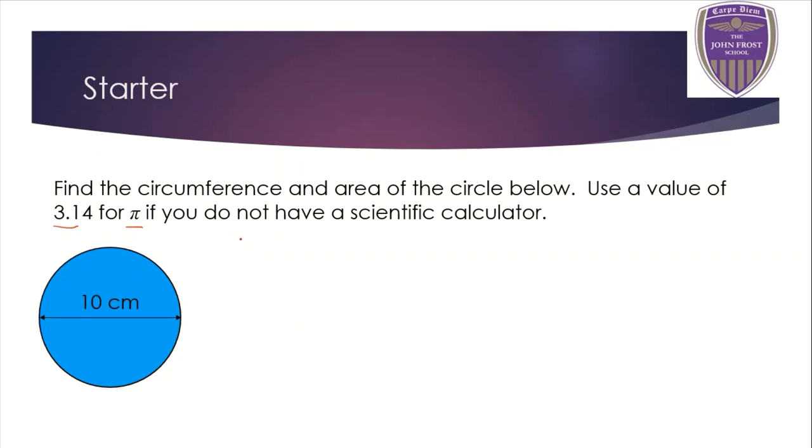Okay, welcome back. So you have to remember the formulae for these. Remember, a circle's circumference is pi times diameter. And the diameter is the length all the way across the circle. And so for us, the diameter is 10. So I can do pi